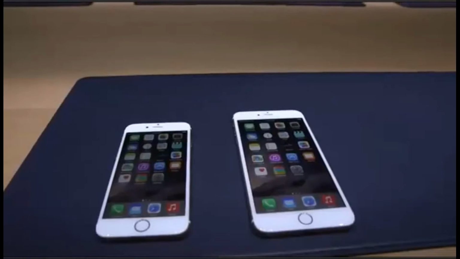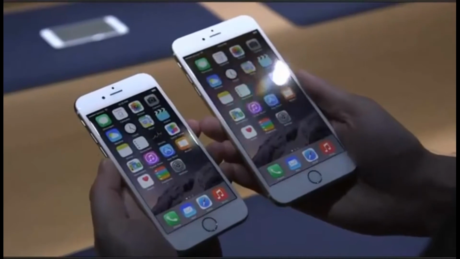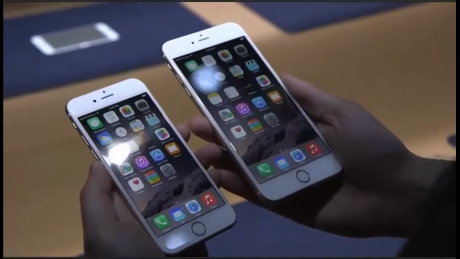And big event with two really big iPhones. This is the iPhone 6, and as you probably already know by now, it comes in two sizes. This is